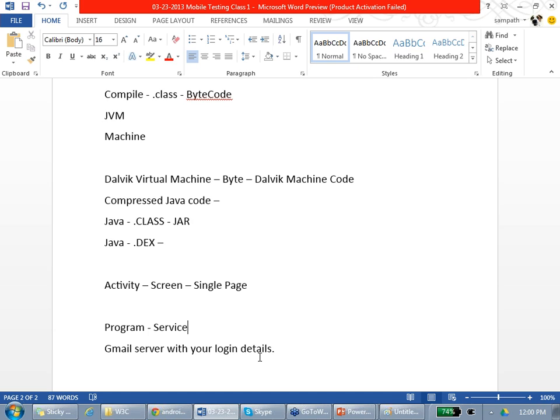Agreed? And for example, even though you minimize your iTunes activity, music is still playing. Audio is a service. iTunes is an activity. Am I clear? Your music app is an activity that is using the audio service. Did I make any sense?